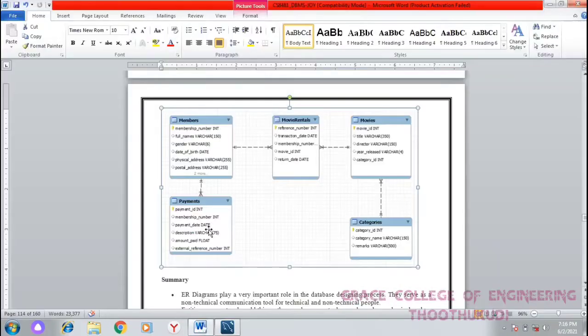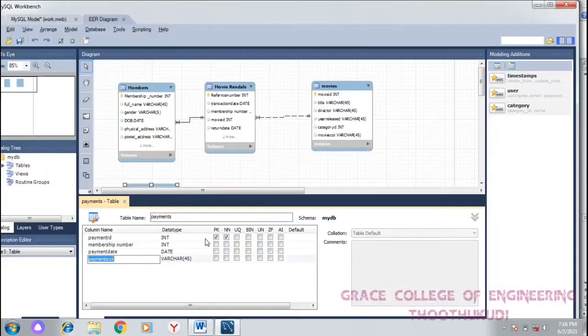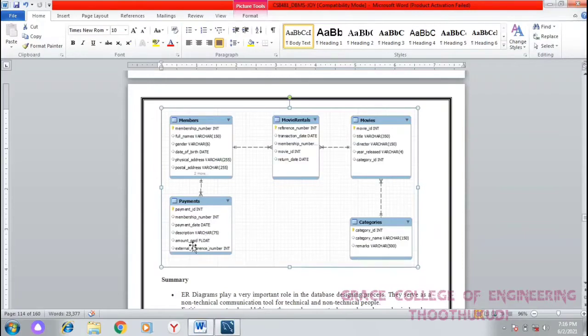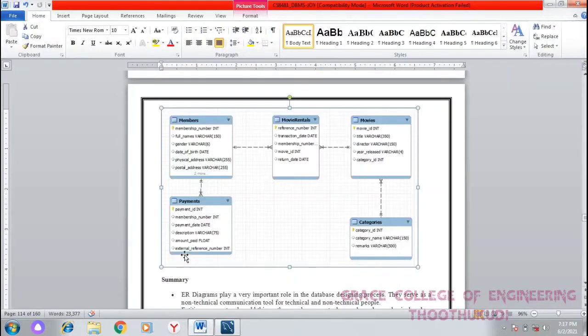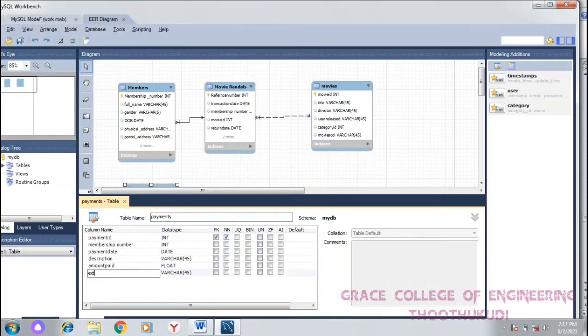Then enter. Then write the description, which is a varchar data type. Then the next column is amount paid, a float data type. The last one is external reference number, an integer data type.